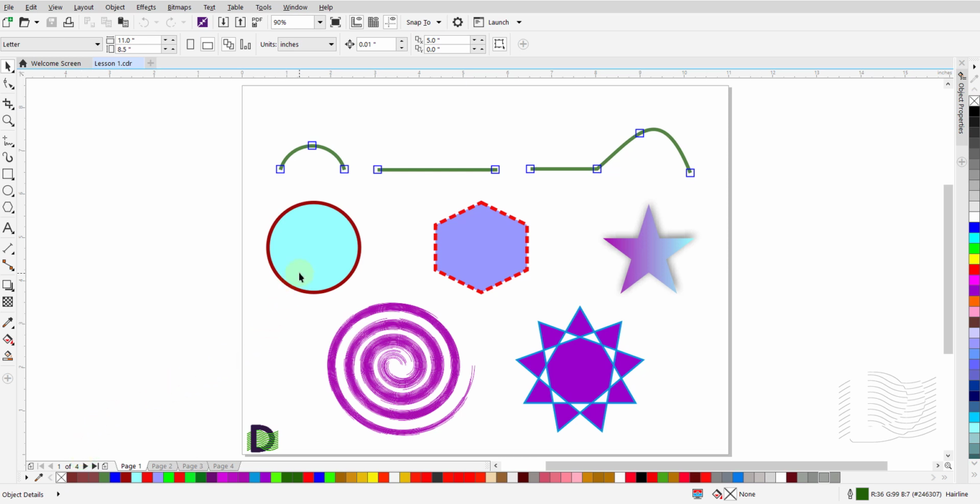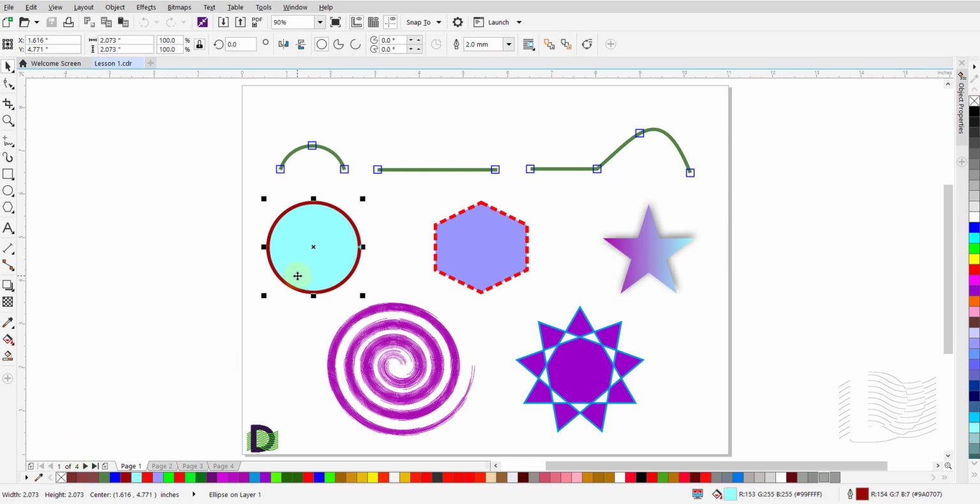Now, click on one of the objects on your page, and you will be able to see some of the properties of that object displayed in this bar. Like the width and height of the selected object, and the placing of its center along the X and Y axis on the page, and that the object selected is an ellipse and is placed on layer 1.